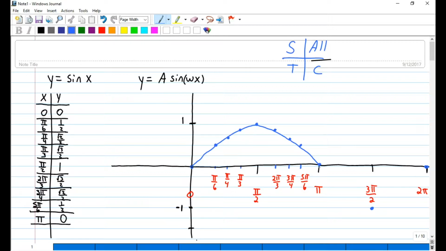Now this graph, of course, doesn't look like this right here. I told you, it's kind of a reflection of this right here. It's going to be smooth going down and smooth coming back up. So that is the graph of y equals sine of x, one complete period of y equals sine of x. Notice that the high point on the graph, the high point for the y is 1, the low